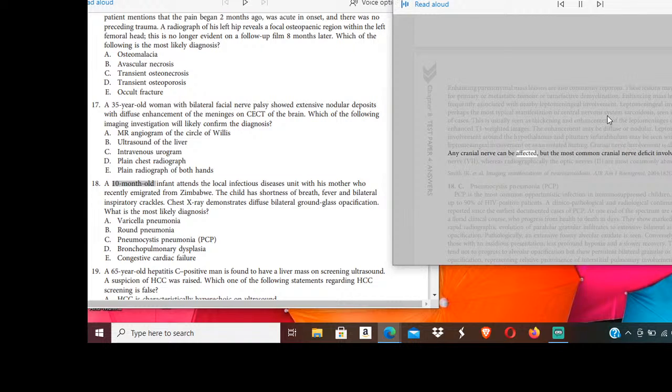Any cranial nerve can be affected, but the most common cranial nerve deficit involves the facial nerve (7), whereas radiographically the optic nerves (2) are most commonly abnormal. Smith J.K., et al. Imaging manifestations of